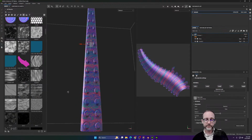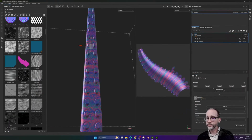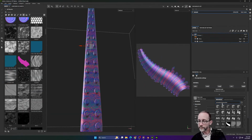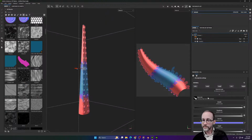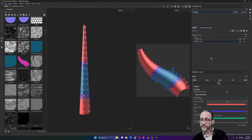The way to make this maybe interact more with the actual shape of this thing would be, instead of using some random noise, to use the thickness map. And so if you come over here, and instead of looking at the resources, or yeah, in resources, if you just type the name of the mesh map that you want, the thickness comes in there. And so now we can map this in a way. I'm going to turn off the warp for a second and come back down to the gradient. And if I start playing with the slider positions here,